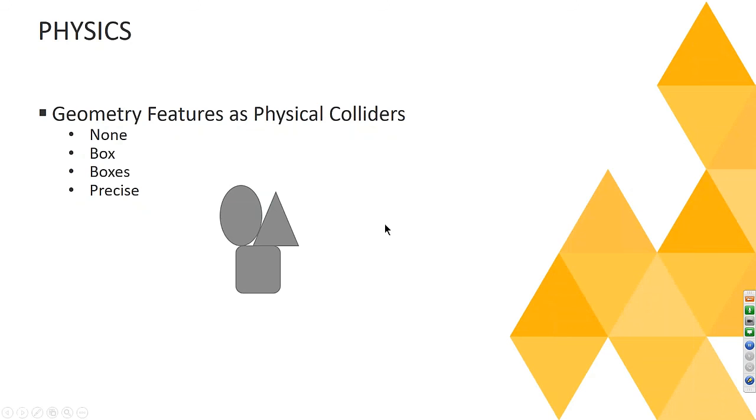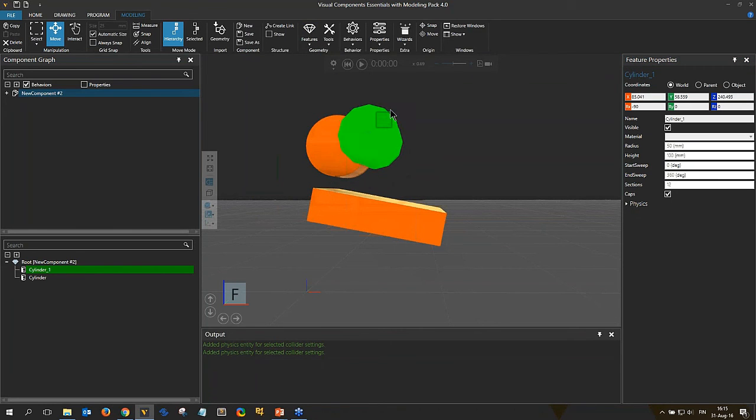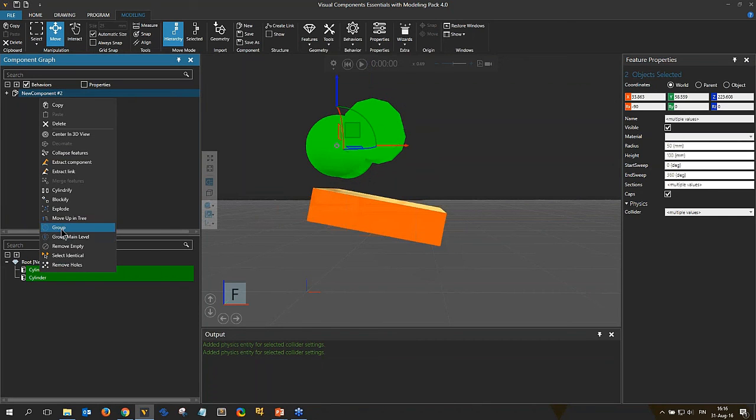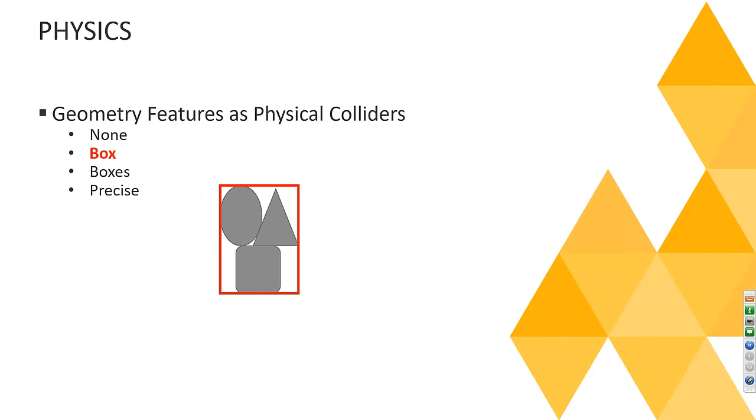So it means that when you have, for example, a group of features, let's say you have multiple cylinders like this, you can multi-select these, right-click and group. It will create a new transform for you, and for this transform you can select, for example, box or boxes or precise. Box means that all the combined bounding volume will go to the physics calculation. Boxes means that every feature underneath there will get its own box, and it will go on that level to